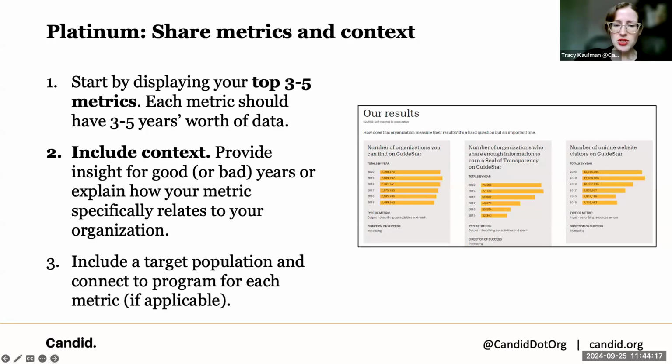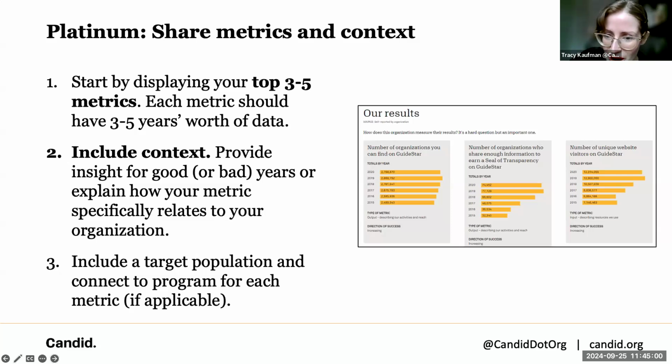Okay, and to flesh out your impact, you have the opportunity to share some metrics that you collect to demonstrate and prove your impact so that when people are looking you up, they can tell, yeah, this is a place whose programs work, they get results, they make real change happen, and here's the evidence. So you have the opportunity to display your top 3 to 5 metrics with some data in them. And over here on the right, if you take a close look, you can see Candid's profile, where we have a platinum seal of transparency. What are some of the metrics we're using to tell our story of impact?